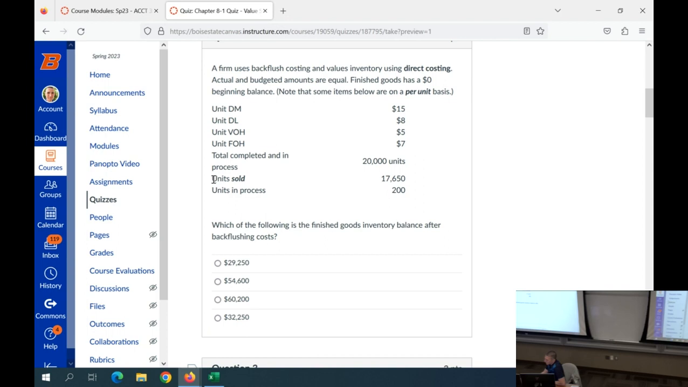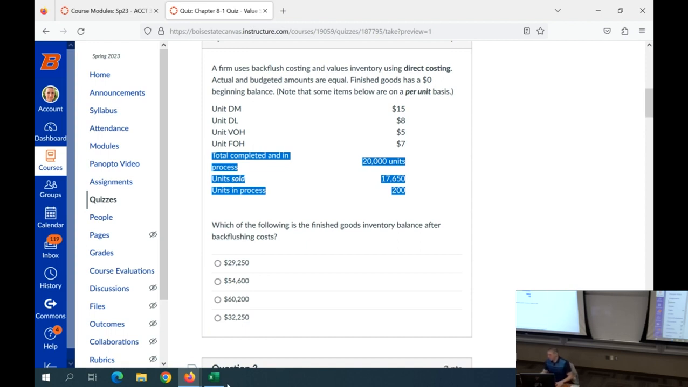Now, one piece of finagling we have to do is we don't have in the numbers here the number of units in finished goods. But we can tease that out because we have all other units accounted for. So we know there are in total 20,000 units that we completed or that are still in process. We know how many we sold, so they had to have been completed as well. And we know how many are in process. So the remainder after those two have been taken care of out of 20,000 units has to be the amount in